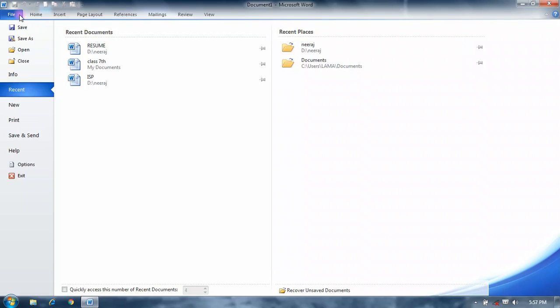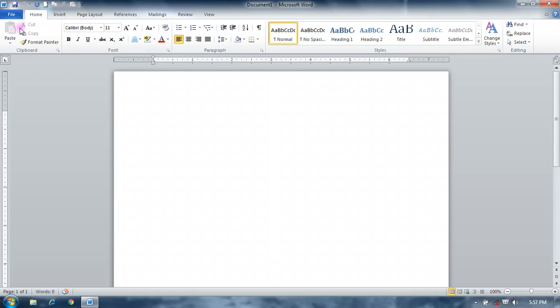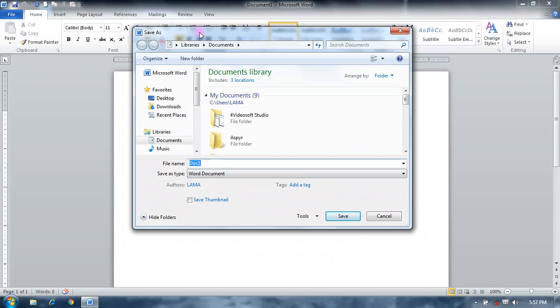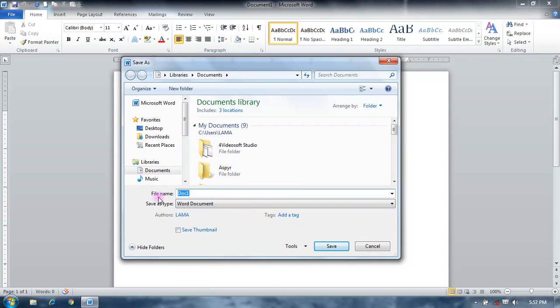The File option contains Save, Save As, Open, Close, Info, Recent, New, Print, Save and Send, Help, and Exit. The Save option is used to save our file or document for future use. Click on Save and a window opens, and here we can type our file name, like doc1.